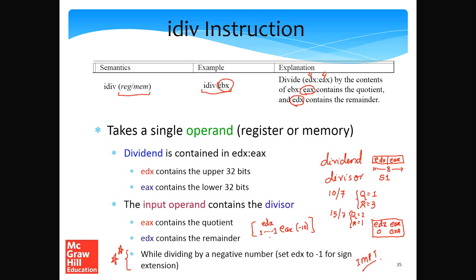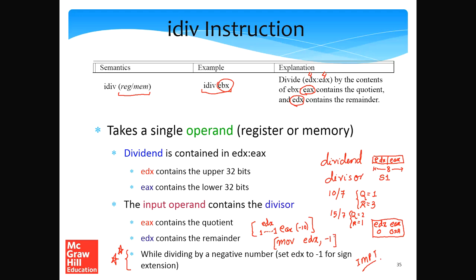And this is a large source of bugs in the IDIV instruction. And setting any number to all ones is actually very easy. All that we do is move EDX -1. This is all that needs to be done. So if a number is negative and it is fitting within 32 bits and the number is within EAX, all that needs to be done in the case of a negative dividend is that we need to extend the sign